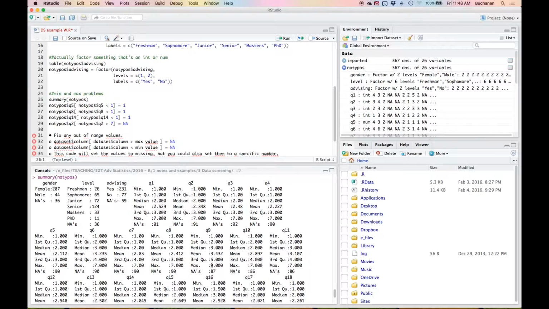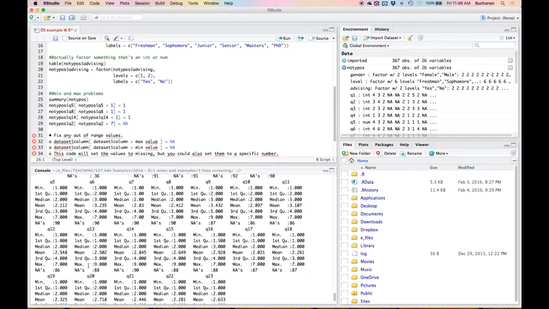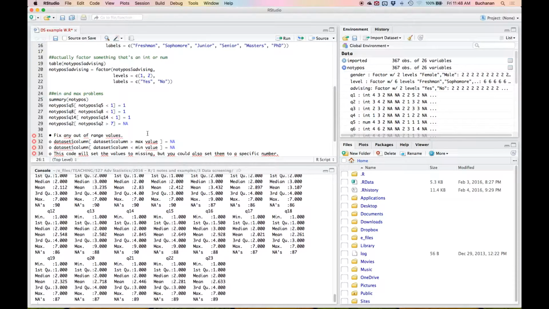Then it's 9, 13, 14, and 15, and that's it. And then change them over here too: 9, 13,